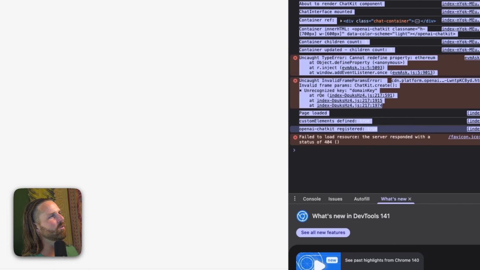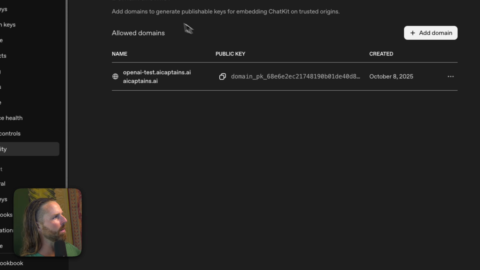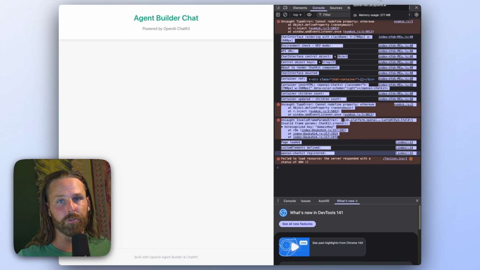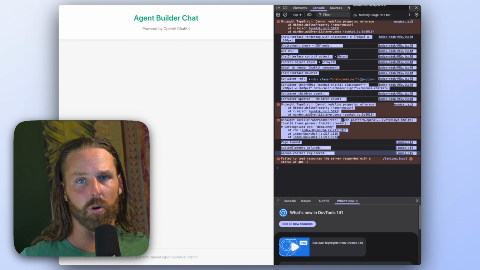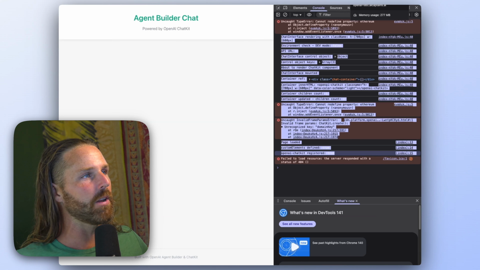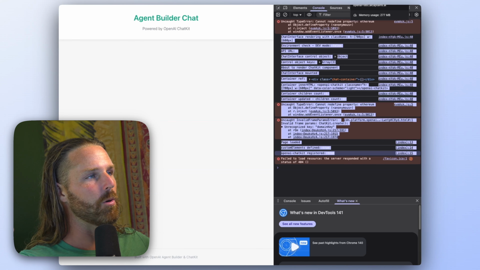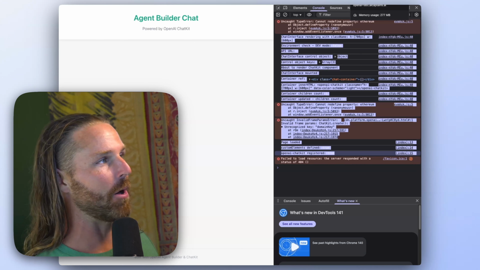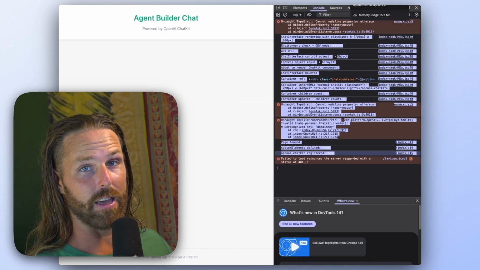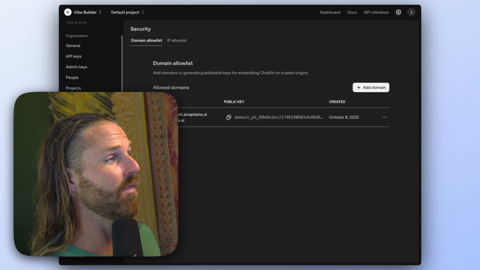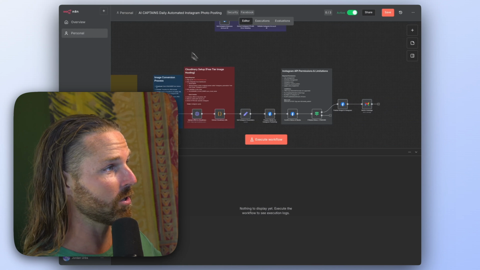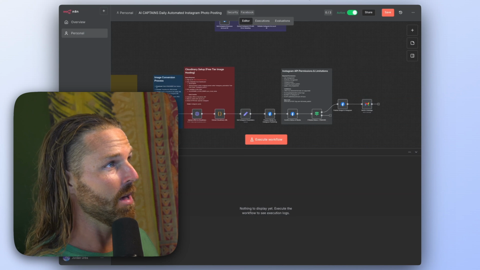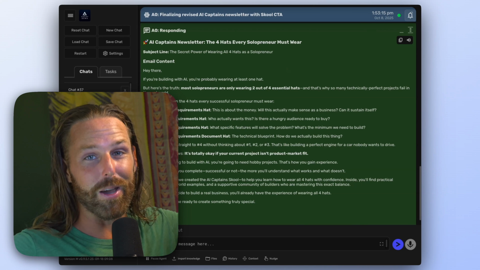So that is what Agent Builder gets. Maybe I'm just not a verified organization, so that's why it doesn't work. In which case, I also wouldn't recommend OpenAI platform because it's complete vendor lock-in on all fronts. You have to give them your freaking ID. You have to give them everything about you so you can use their freaking AI Agent Builder ChatKit. That's not even very good compared to these open source solutions that are really good and intuitive and have big communities behind them. Okay, that's my conclusion here.